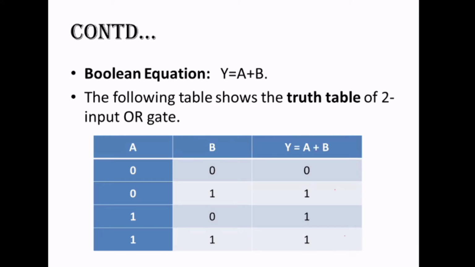This OR gate we will study just after revising the terms we have seen in the last lecture. We'll first complete the revision of what we have seen in the last lecture, and then we will immediately begin with the OR gate. At that time I'll explain why over here you are getting 1 and why over here you are getting 0. Okay? Okay, ma'am.